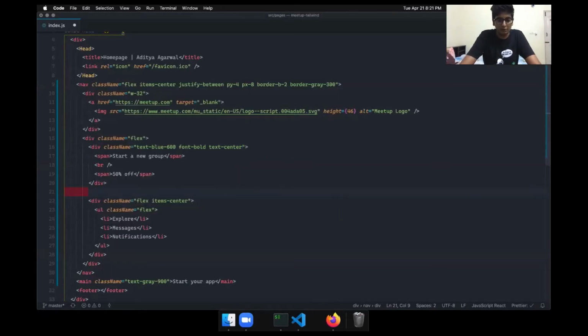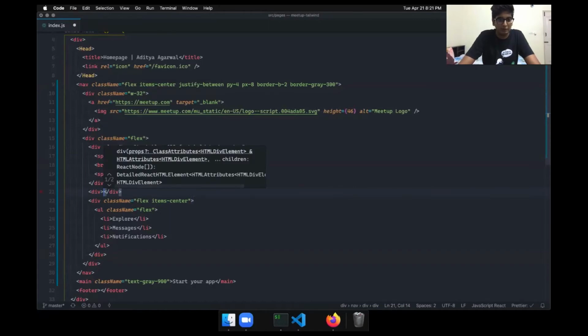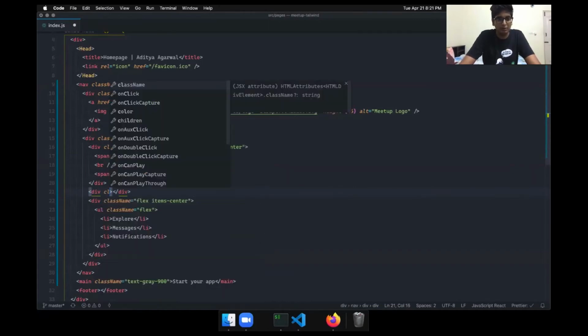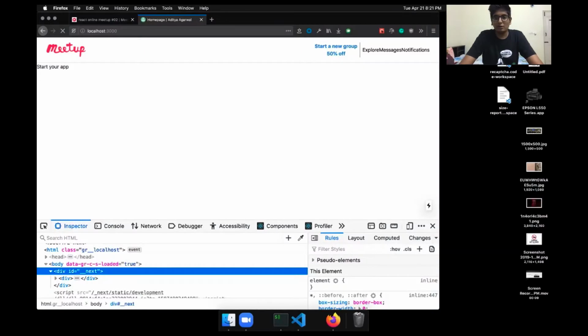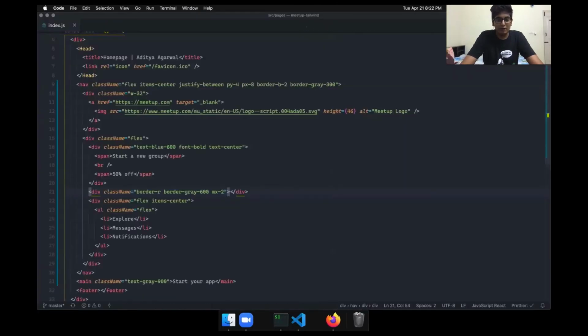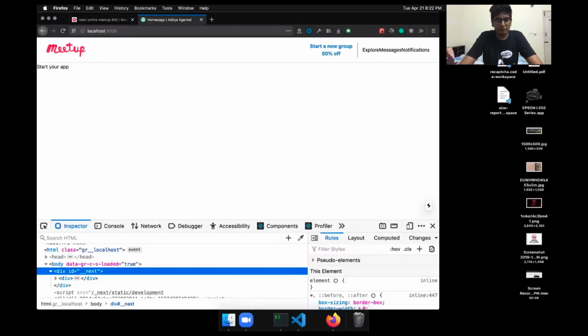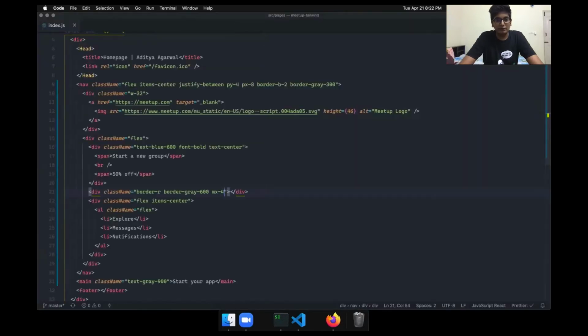So we can have a div with no content, but this can have this thing. This is like a 1 pixel vertical line, and we want margin to separate the two sections. So we can say mx2, that will give left margin and right margin. And if we do mx4, better. And this is a very thin, light colored thing, so I think 300 would be fine.